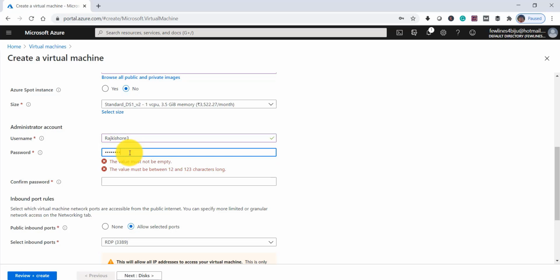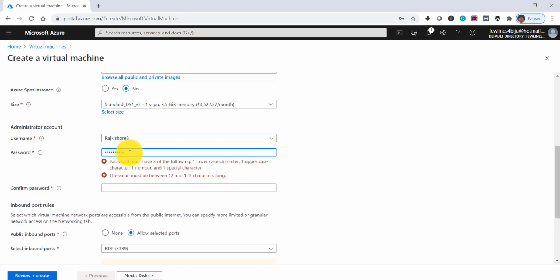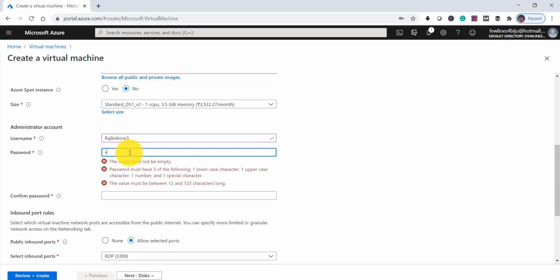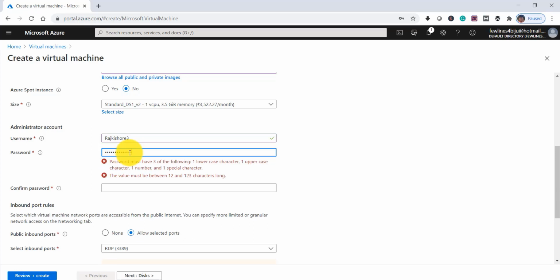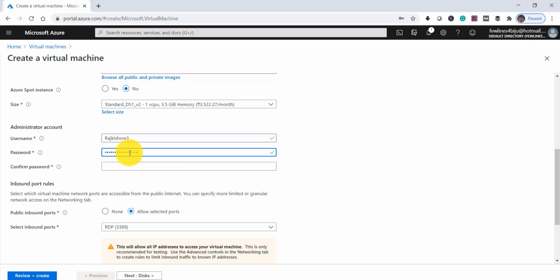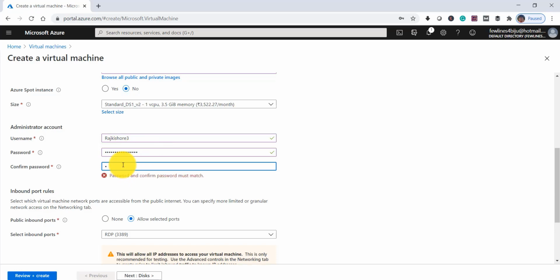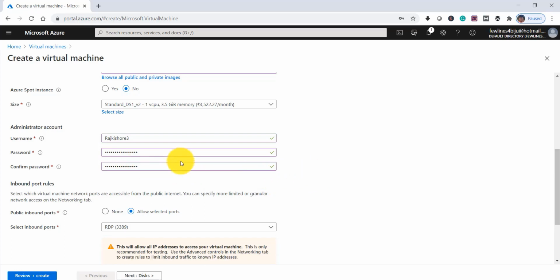I'll put a password here. The same thing I have to repeat to confirm. Both are matching, you can see the tick mark over here.